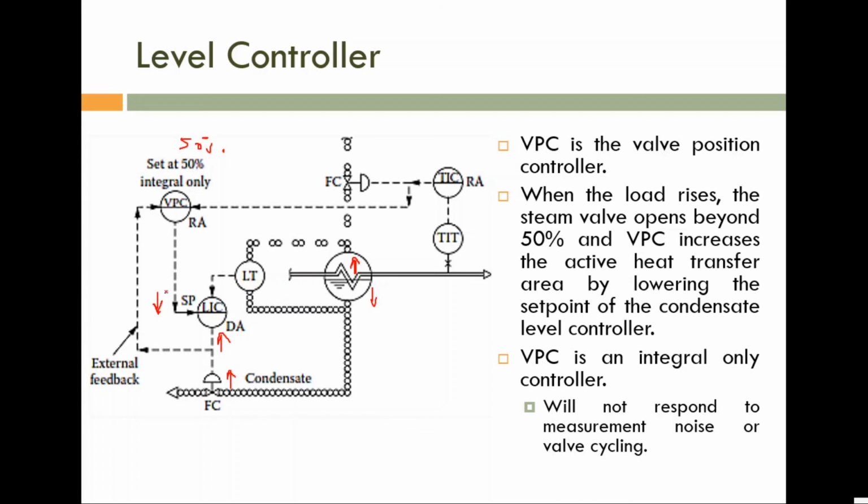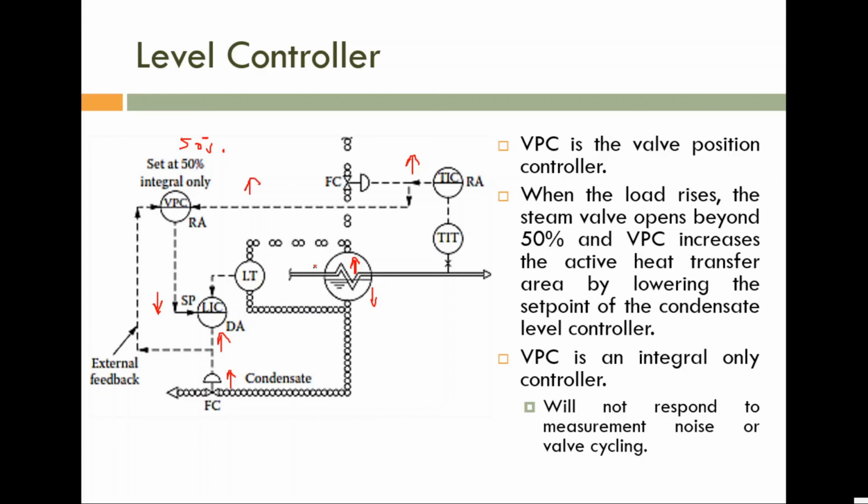But the control signal given by VPC has decreased. Means what is changed? Definitely the measurement of VPC is changed. Who is giving this measurement? This controller TIC. Okay. So what is happening to this measurement? Why are we decreasing the liquid level? Because this process is demanding more heat transaction. So under normal situation, if it is demanding more heat transaction, definitely this steam flow rate is increased by increasing this control signal.